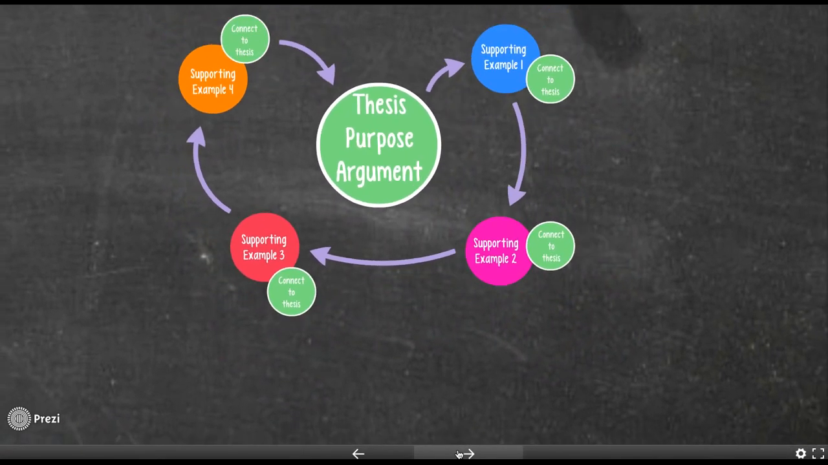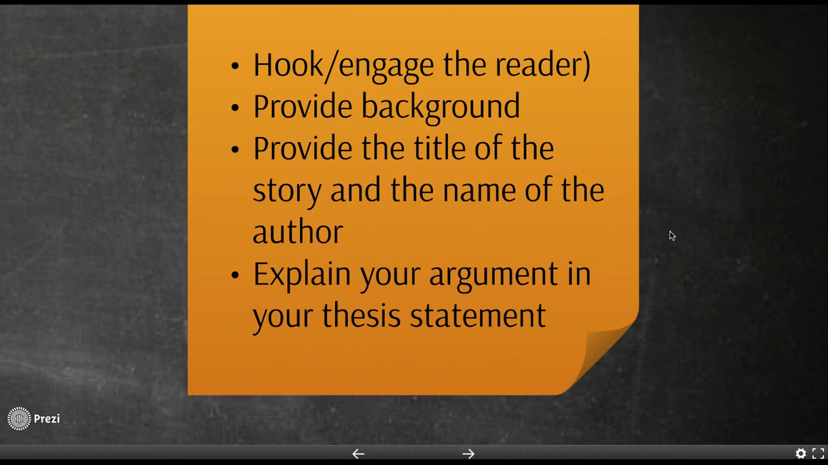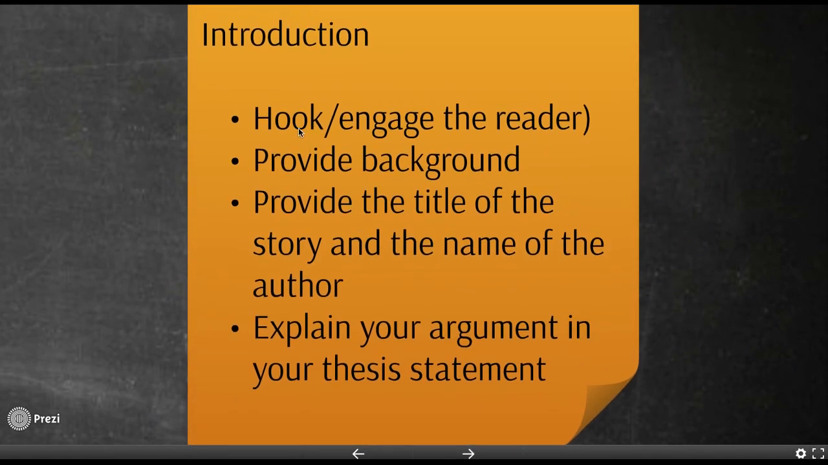So I'm going to give you the basic outline of an essay. So this is the introduction outline. You have to provide a hook that engages the reader. You provide some background. You provide the title of the story, the name of the author, and perhaps the name